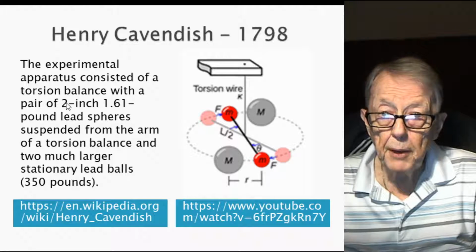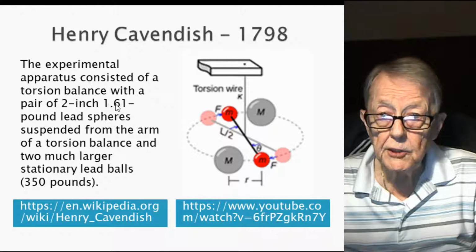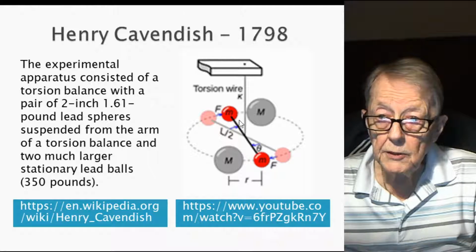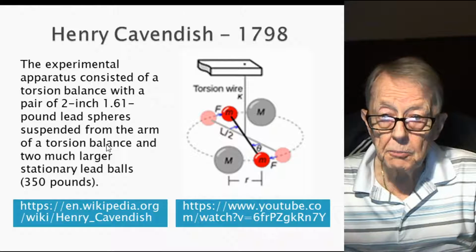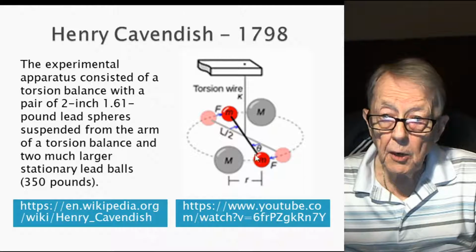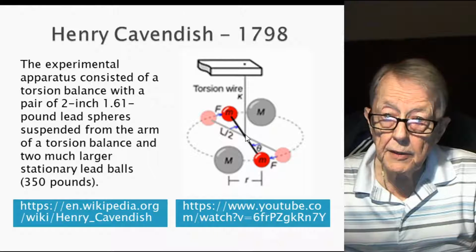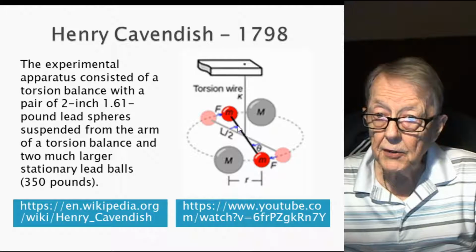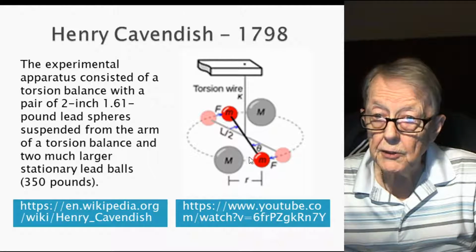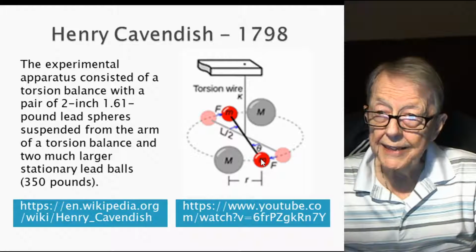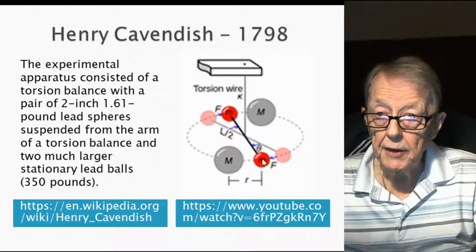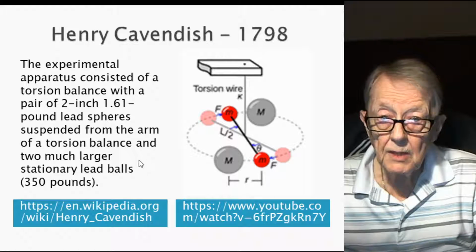it has a pair of 2-inch, 1.61 pound lead spheres. That's the red ones. They are suspended from an arm of a torsion balance, and this is the arm, and this is at the center of gravity of these two, so this is balanced. It needs to be balanced in order to negate the vertical force of gravity. Here they're going to measure the horizontal force of gravity. And there's two